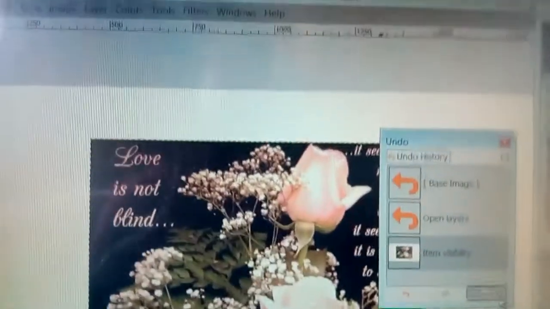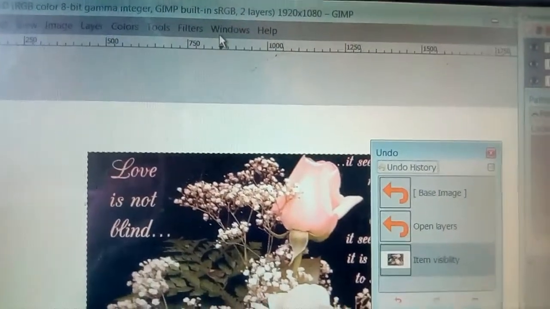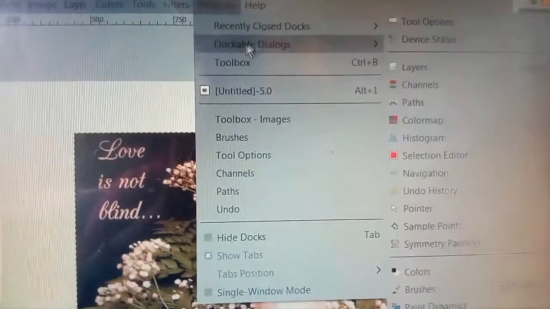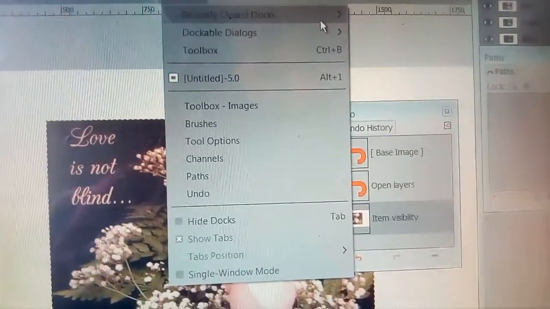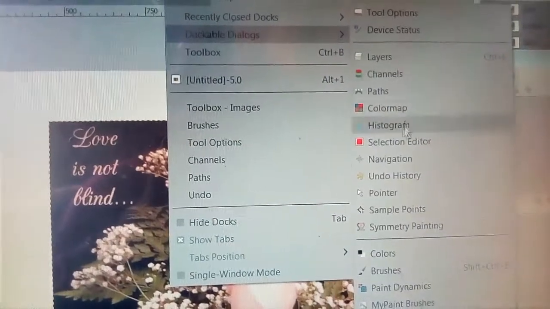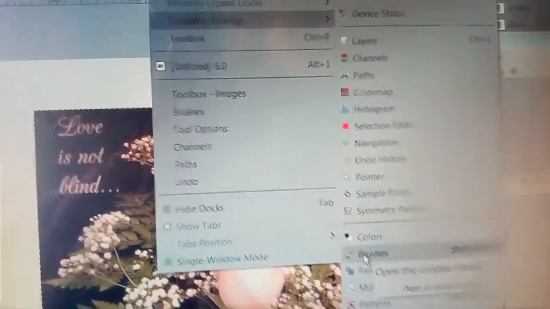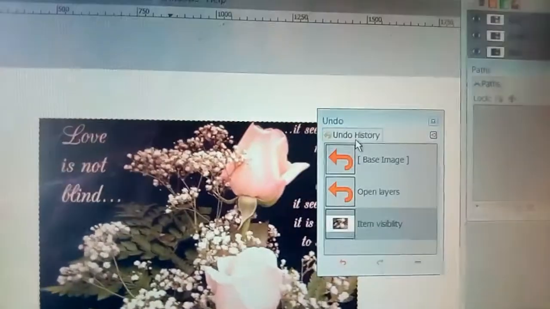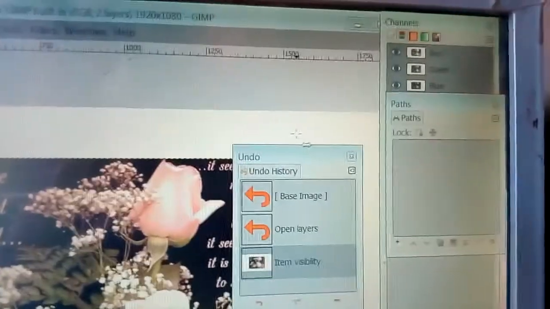Next one is the brushes dialog. For that again you have to click on the Windows menu, dockable dialogues, and from here you can see the brushes, this one. Okay, so when we click on brushes dialog, brushes will open.